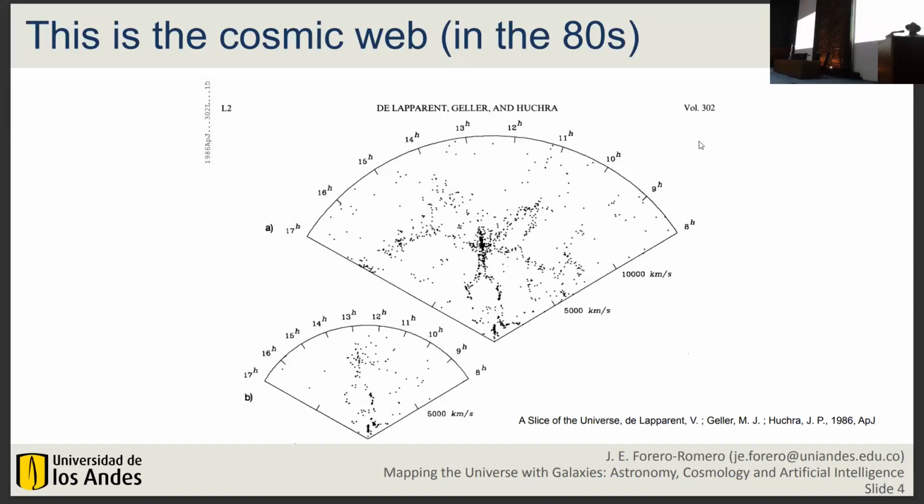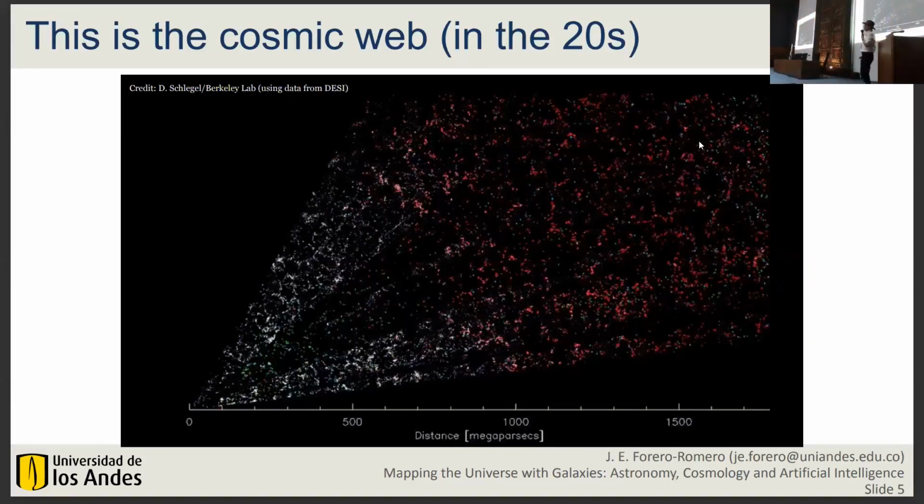We love the 80s. And now this is the 2020 version. This is the same kind of plot. We are now here, and take a look at how deep it goes in terms of distance. This is 1500 megaparsecs, and now we have a few million galaxies in this plot. But again, the important part here is that the cosmic web is a persistent structure in the large scale structure of the universe. What the experiments are doing now is basically going further back in time, but also having a denser sample at lower redshifts.